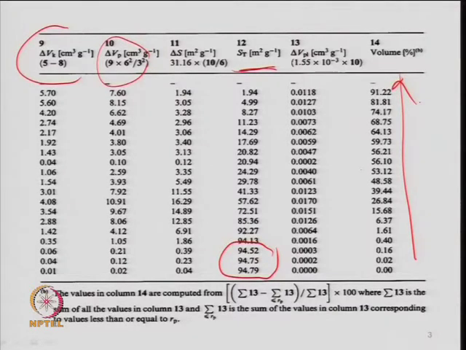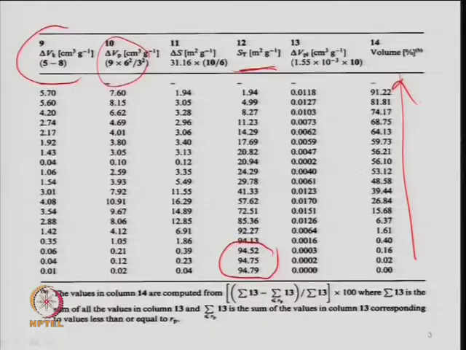So, that is the total nitrogen volume, the gas molecules or adsorbed molecules which have desorbed from the surface, as a function of P by P 0, which I have shown before. So, this is a kind of cumulative plot, right. From 0 to 91.2, that is the total volume of the gas desorbed, and you can plot it. So, you can get a delta V from here as a function of pore radius R P, which we have seen. Delta V upon delta R is what I was calling the pore size distribution.